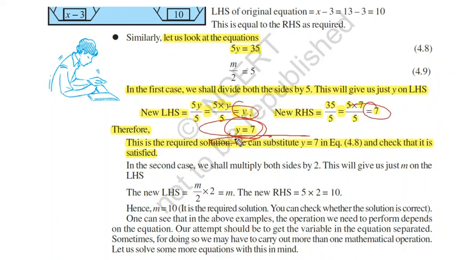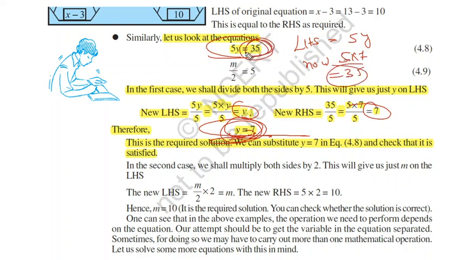Okay. Now you can check this value of y by putting the value in this equation. So here LHS, I will check it out for you. LHS equal to what? 5y. Now put the value of y as 7. 5 into 7 equal to 35, which is equal to RHS, which is equal to RHS. Okay, so y equal to 7. So you can write therefore y equal to 7.